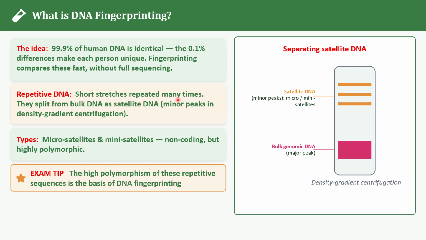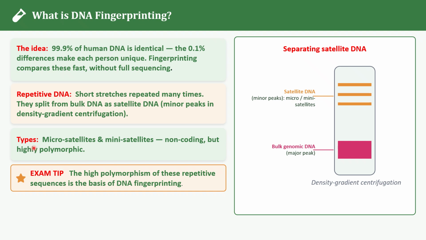When DNA is separated using density gradient centrifugation, you can see it in this diagram. The bulk genomic DNA forms a major peak here, and the repetitive DNA forms additional smaller peaks, and these are called the satellite DNA. On what basis are they separated? Based on factors such as base composition, length of the DNA segment, and number of repetitive units. And again, the satellite DNA